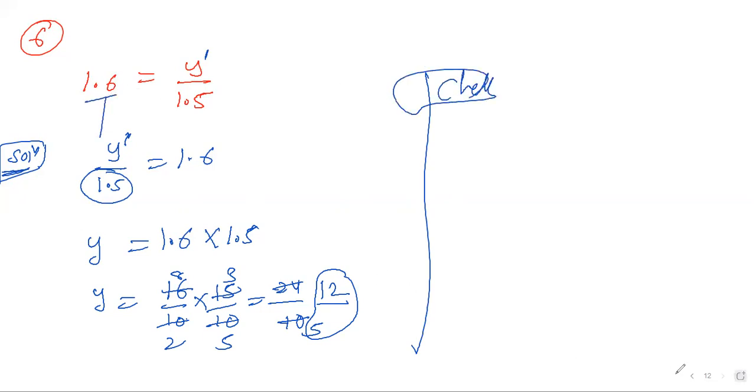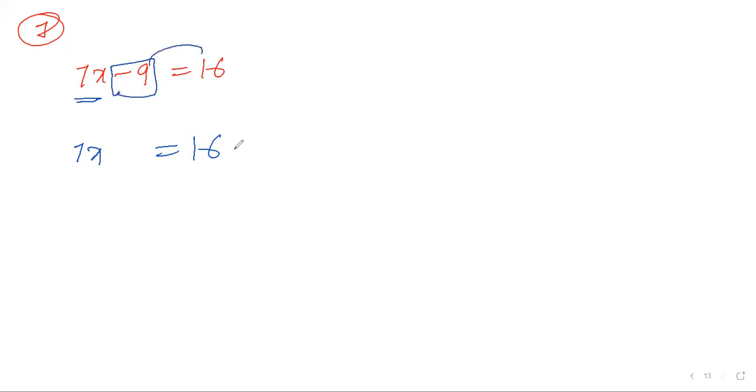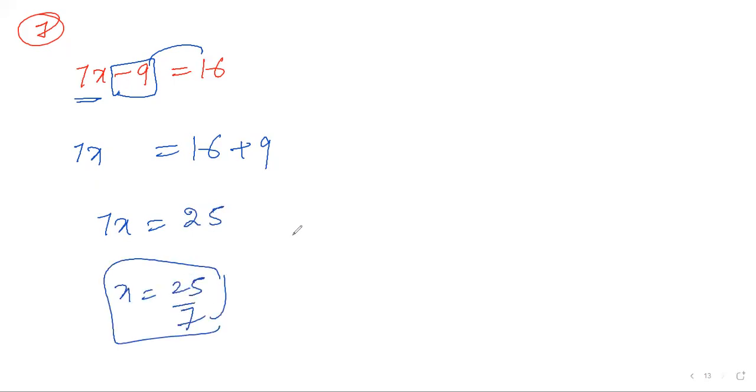Okay. Now next, I'll go for the next sample problem. The seventh one is 7x minus 9 is equal to 16. The problem is very simple. You need to find out x. In this case, the x term stays on the left and other things should go to the right side. So RHS as is. Here minus 9 is there; shifting it to the right side means plus 9 will come. So 7x is equal to 16 plus 9. It becomes 25. So x is equal to 25 by 7. This is the procedure done.